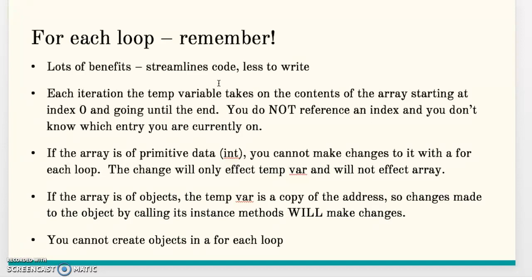On the other hand, if the array is actually of objects, then the temporary variable is a copy of the address that that object is located at. So if we were to make changes to the object that it is pointing at, then those changes would still be made in effect. However, you cannot create objects in a for each loop. Okay, let's go back and look at the